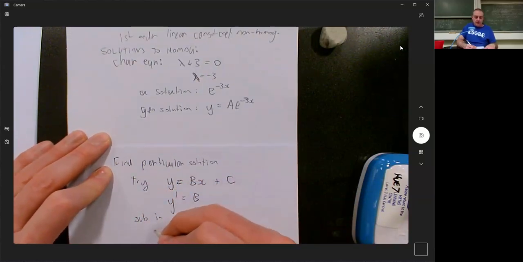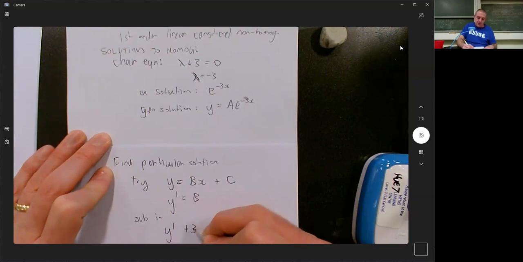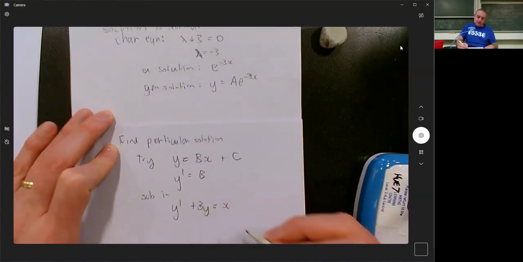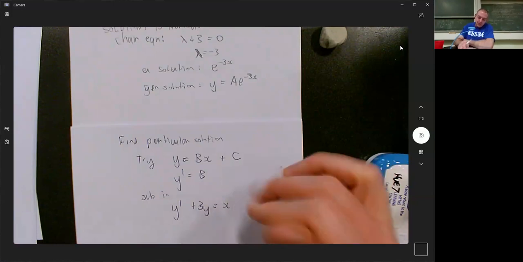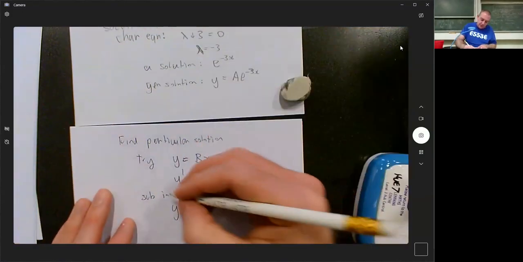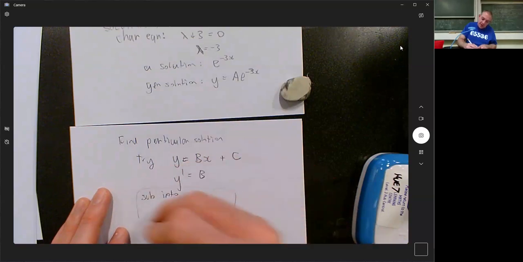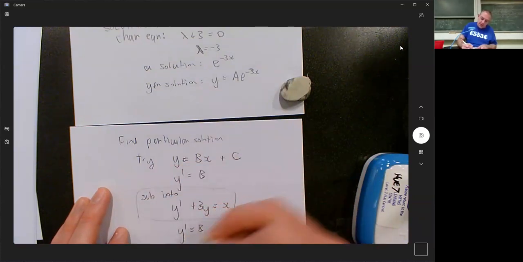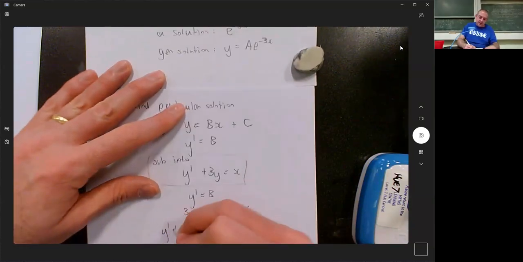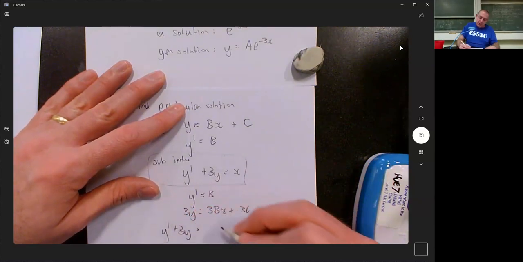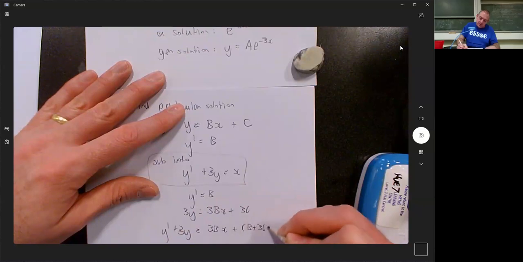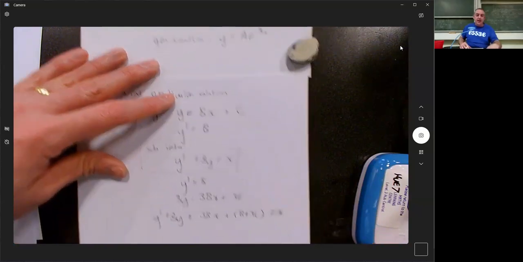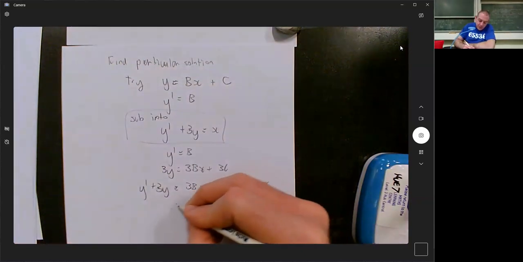And so I've got, we had y dashed plus 3y was supposed to be x. And so, just a second, that's what I'm trying to sub into that. So I've got the y dashed is b, and 3y would be 3bx plus 3c, and so y dashed plus 3y would be 3bx's and b plus 3c, and that's supposed to be equal to x, and so therefore